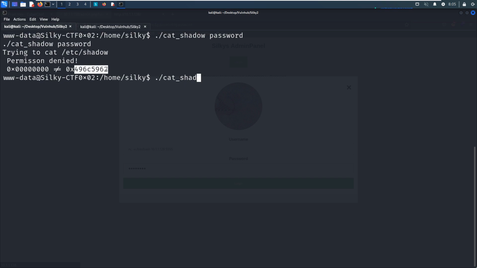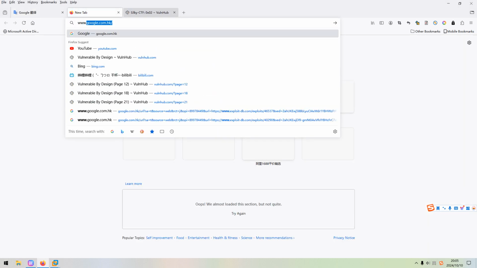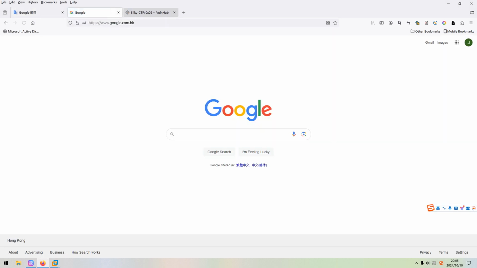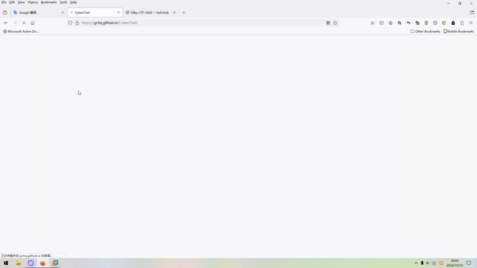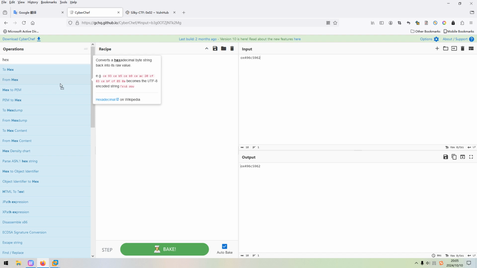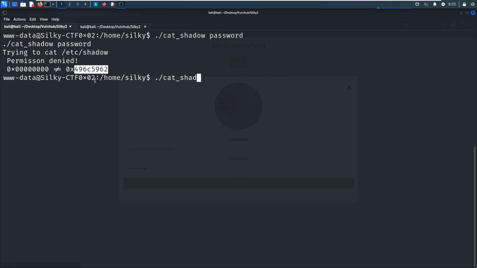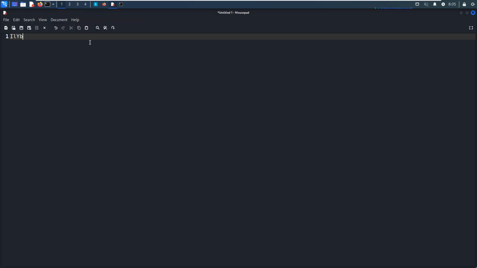We can test it: we can copy it and go to CyberChef to decode. We select From Hexadecimal, and this should be the password, right? We can paste it into our notebook.